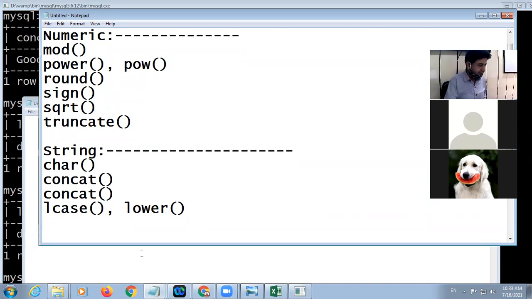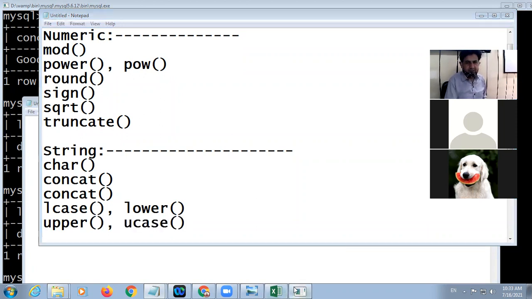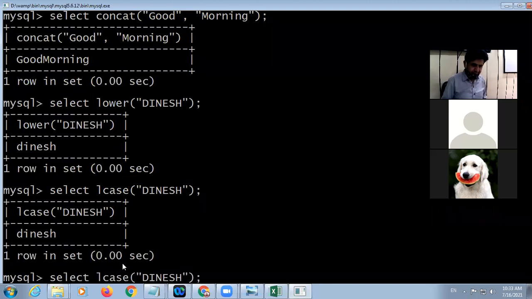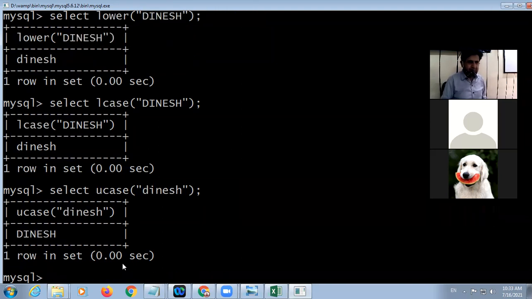Next is upper or U case. U case: if I am typing in small letters, it will convert into capital letters. U case or upper, same thing.